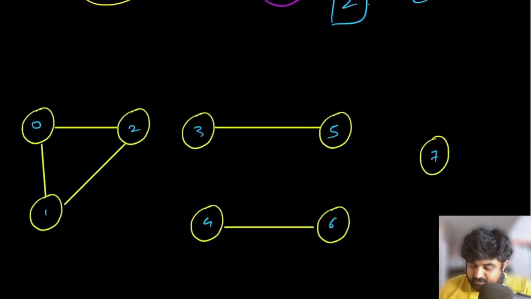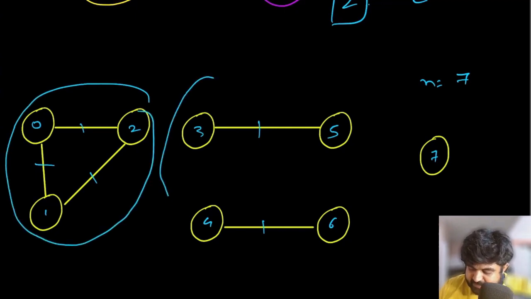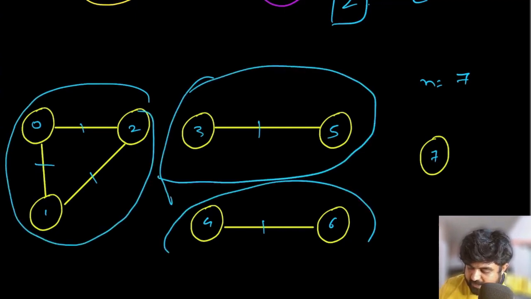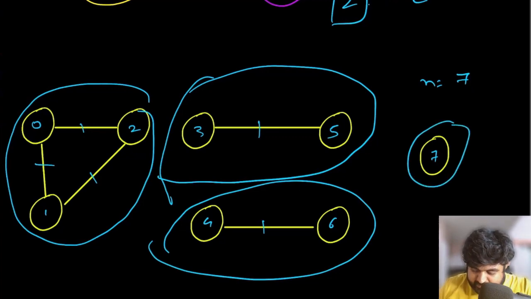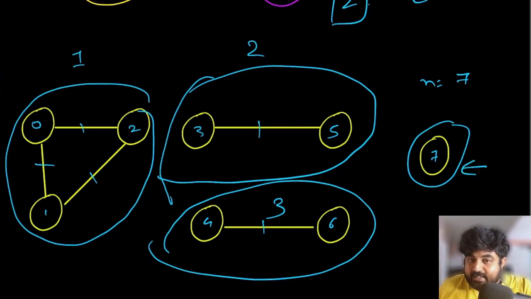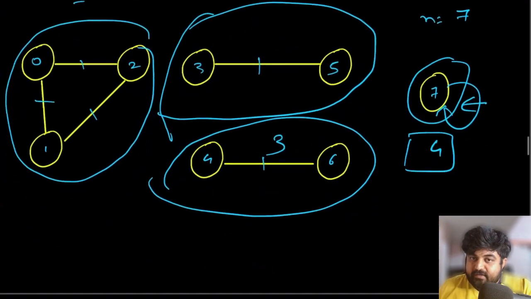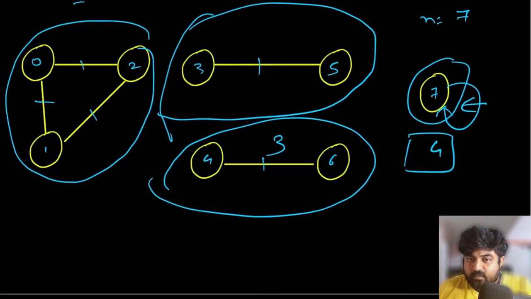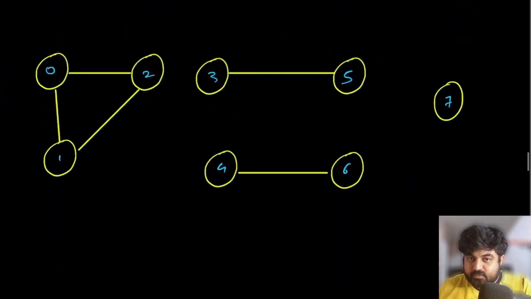Let's try to understand this with one more example. Suppose in this case, we are given n equal to 7, and all of these different edges. Now in this example, we can clearly see that there exist 4 different connected components, and those 4 components are these: this is the first one, this is the second one, this is the third one, and though this 7 is not connected with any other node, it is still a connected component in itself because it's connected with itself. So in total, since we have 4 connected components, we need to return 4 as the answer. Now let's see what is going to be the strategy to solve this problem.